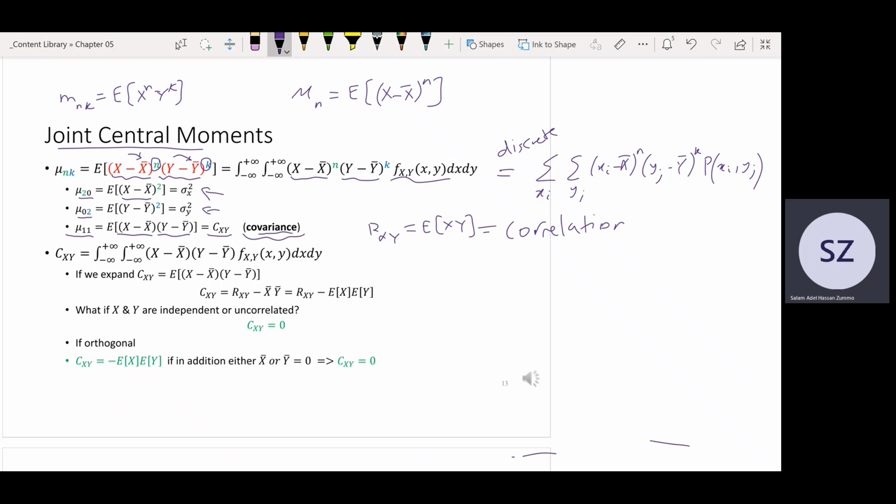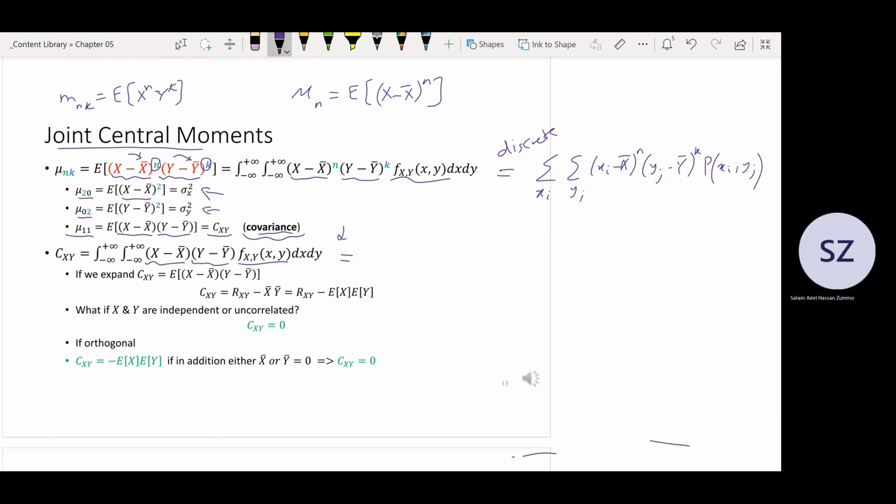Now, what is this? I will say how to calculate it. Can I say why it is beneficial? The way we calculate it is x minus x bar multiplied by y minus y bar multiplied by the PDF, and the integral. And if we have discrete random variables, that will be summation over xi, summation over yj